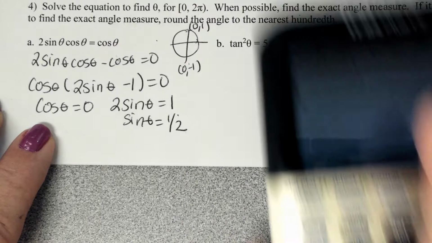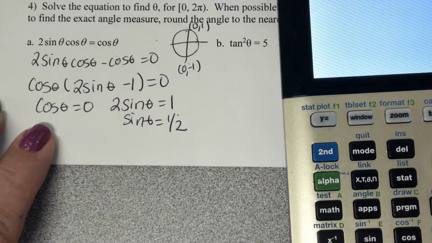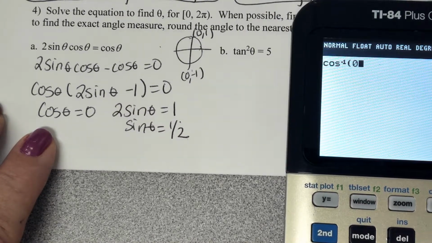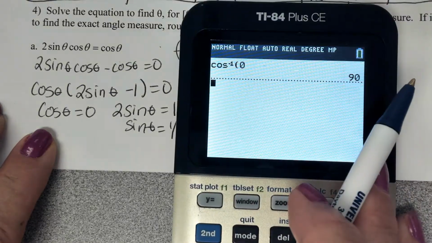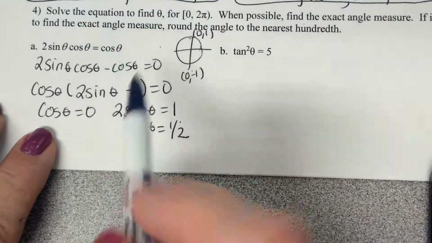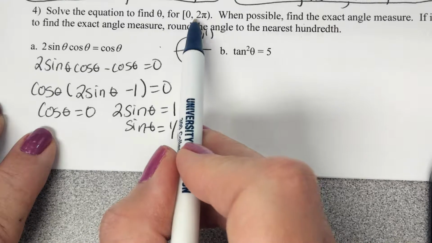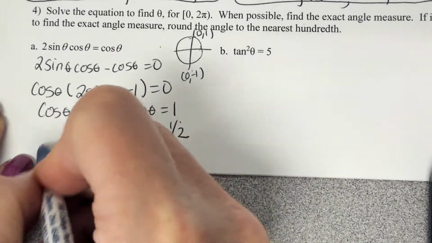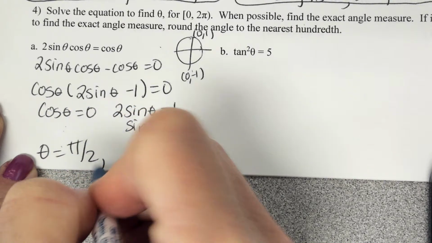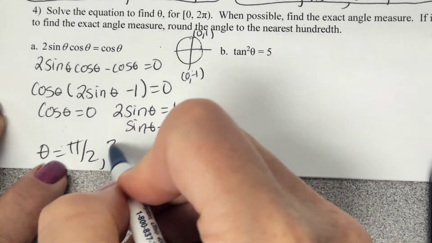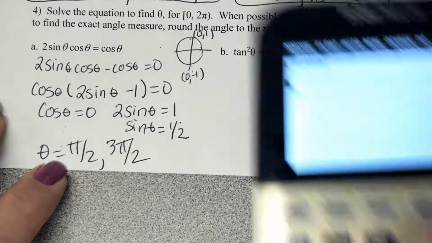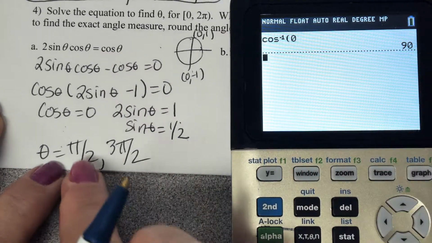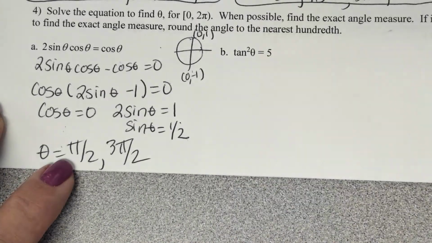Now let's say you didn't know that. Let's say I use the calculator accidentally. And I do second cosine of 0. Here's what it gives me, 90. But I'm supposed to give the answer in radians. So what's the answer in radians for this? Pi over 2, and what else? Yeah. And see, that's the other problem, is the calculator is only going to give you one answer. You have to be smart enough to find all the answers. That would be